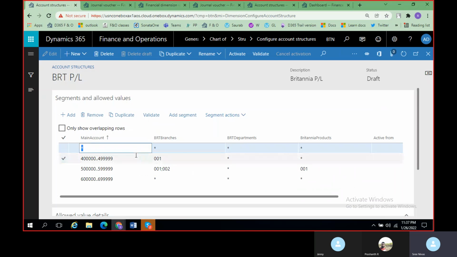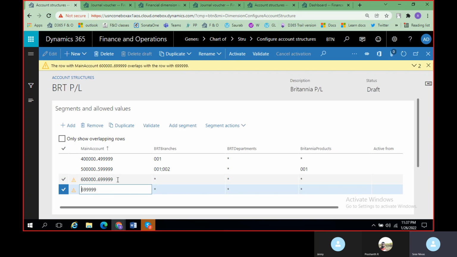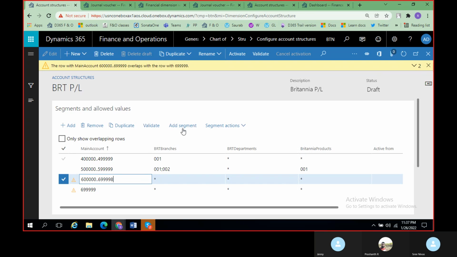I'll try to add here only one specific account, that is 699, and I'll remove here. Okay, so if you see here,